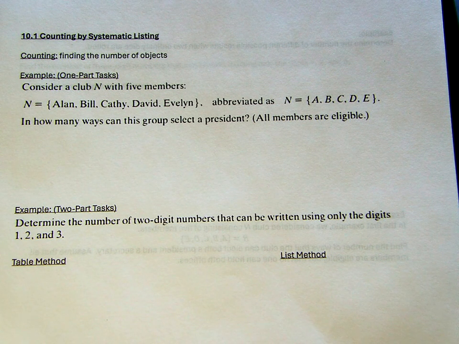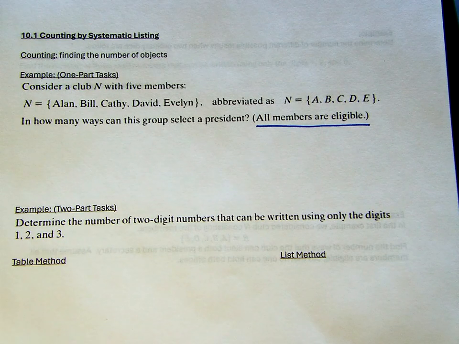It's very arbitrary. It says, consider that a club has 5 members: Alan, Bill, Kathy, David, and Evelyn. And we will shorten those to A, B, C, D, E. We have a set. We have a club. It's got 5 members in it. And how many ways can this group select a president, knowing that all members of the group are eligible? So there's a group of 5 people. They need to select a president of their group. Since everybody is eligible, that's the key. There's no other stipulations. There's 5 ways